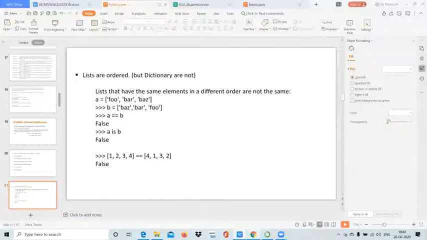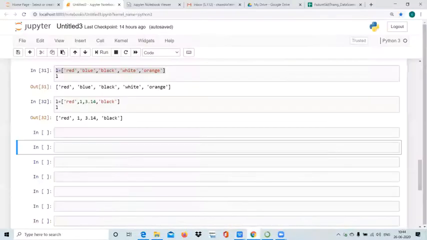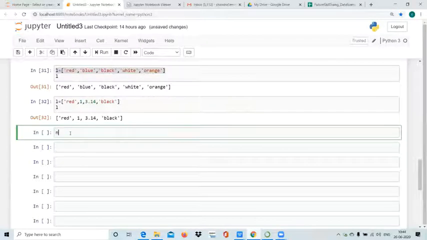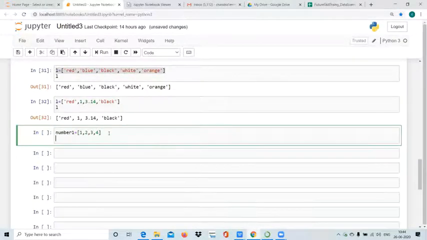See, for example, I created a list, number 1 is equal to a list with 1, 2, 3 and 4.